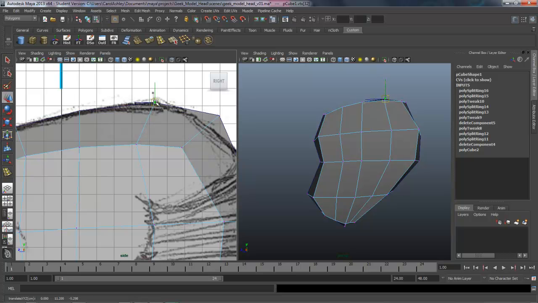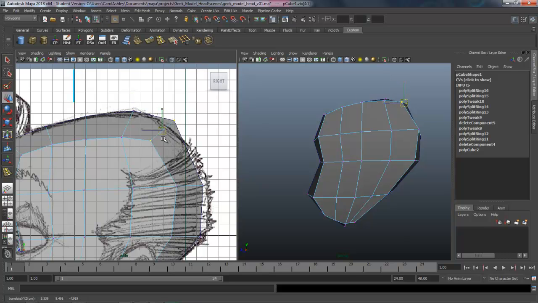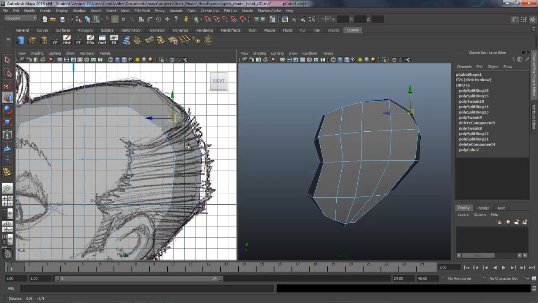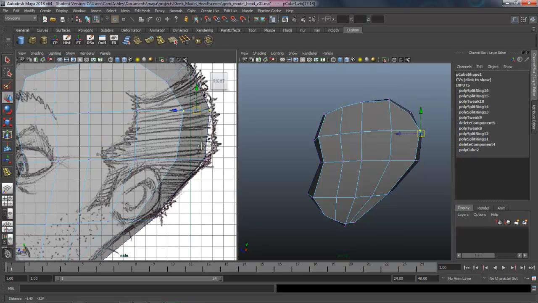It's that high point right there on his head. And now that we have that in there, we can actually take this one and kind of pull it down and back. He's got kind of a extreme slope right here. So this will be our high point now. Pull this one back. Okay, and just kind of leveling that one out. There we go.